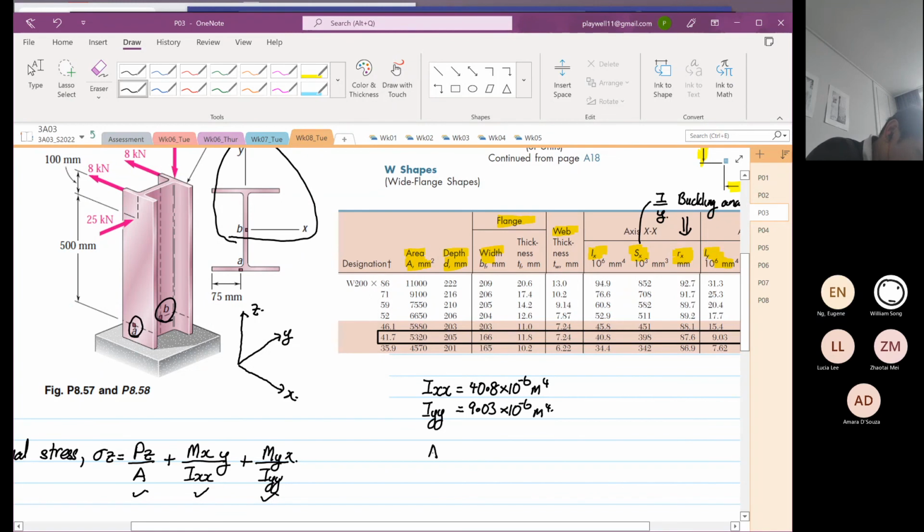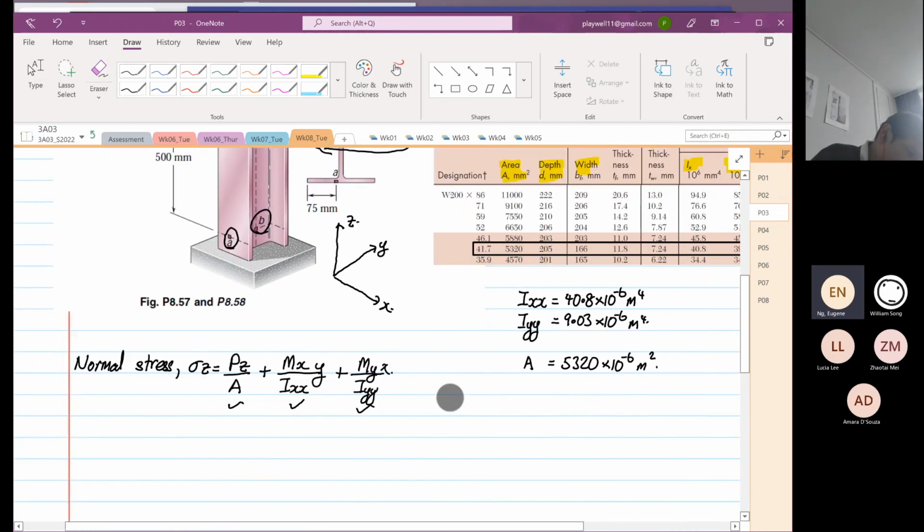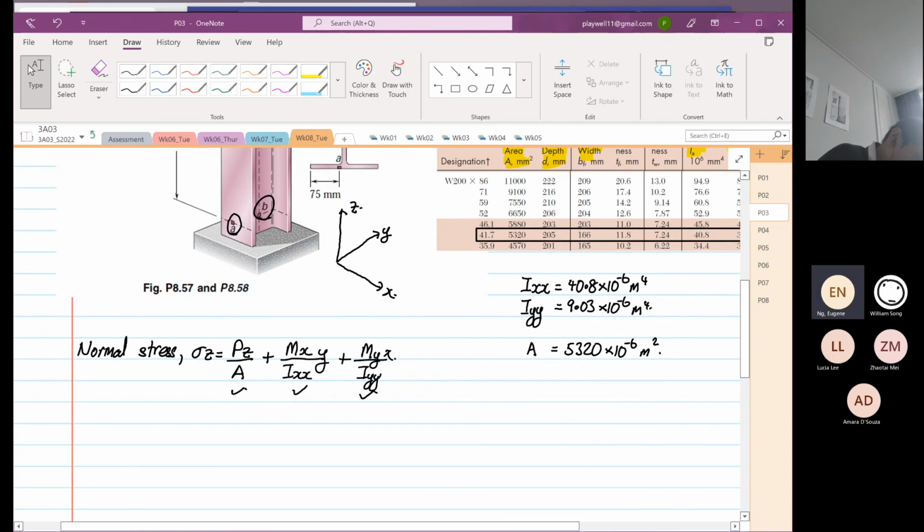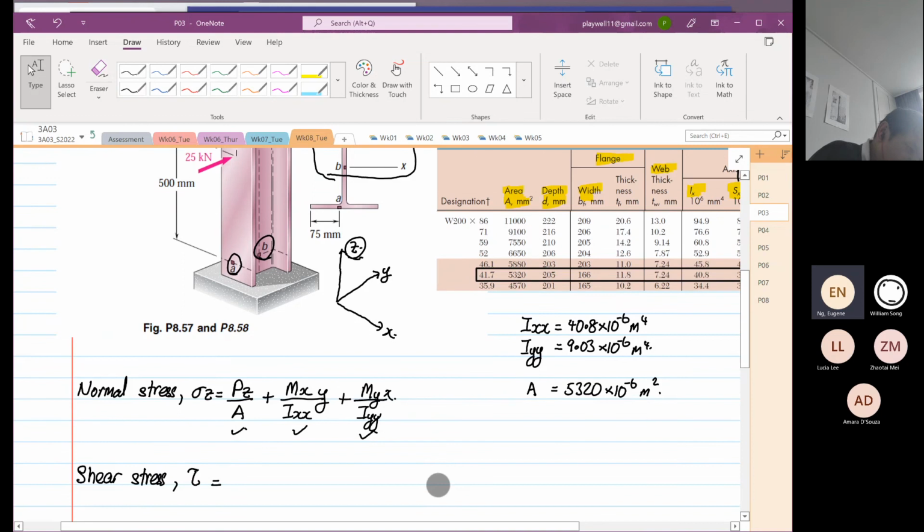So A is equal to 5320. Because it's in millimeter squared, you must times 10 to the power minus 6 meter squared. Okay, so that's your A. And then the next formula that we're going to apply is for our shear stress. We don't know what direction the shear stress is yet, but the general formula is